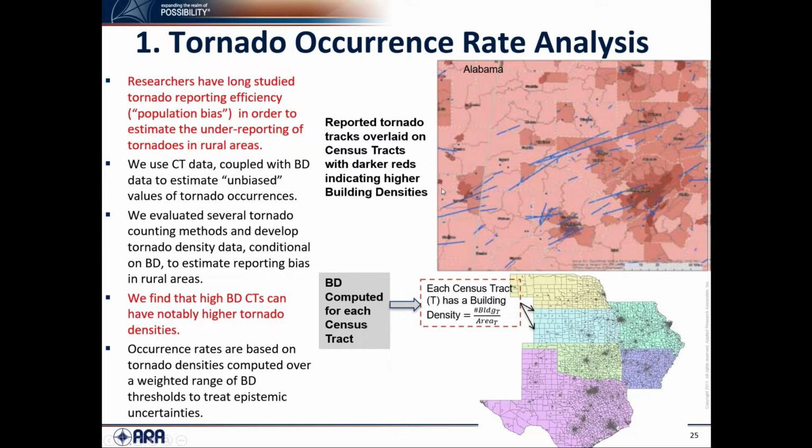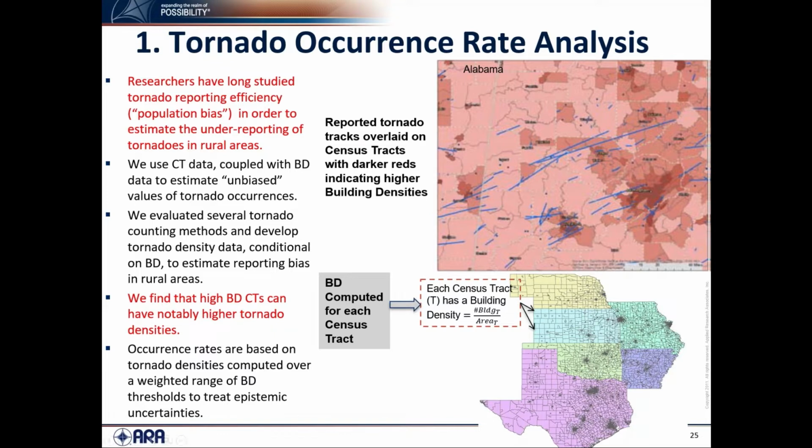Here, your eye does a pretty good job of picking this up. The darker colors are census tracts that have greater building density. And so where do we see more tornadoes? We see more tornadoes where there are more buildings. And because we know the EF scale is a damage scale, where things get damaged, that's where tornadoes are more likely to get into the database and more likely to get higher ratings. So what we did to try and figure out the true level,